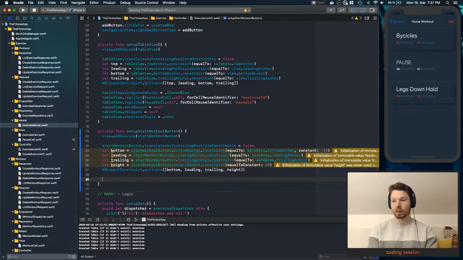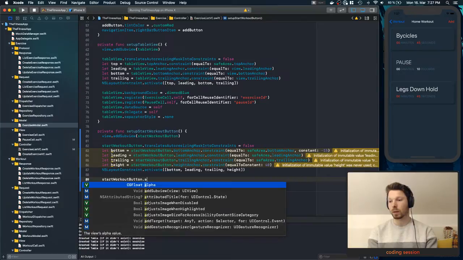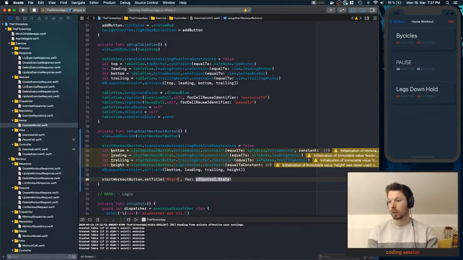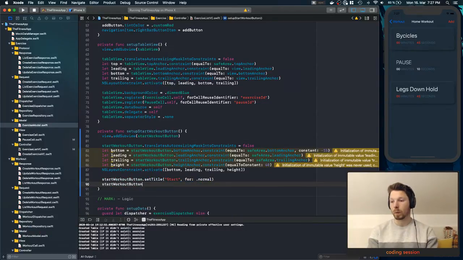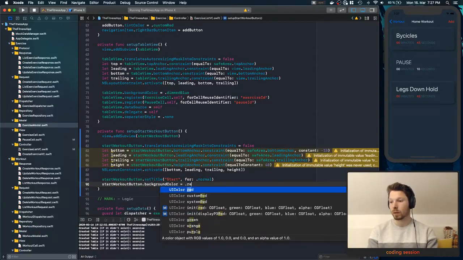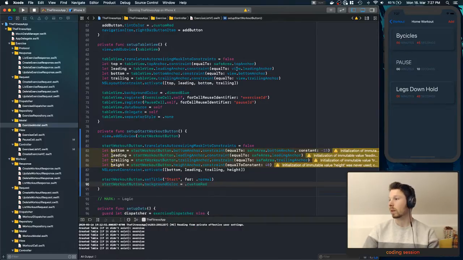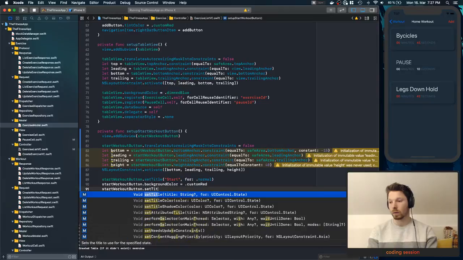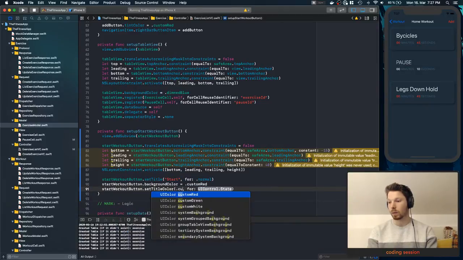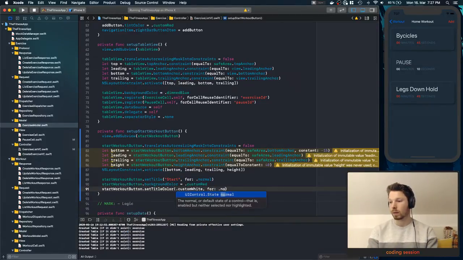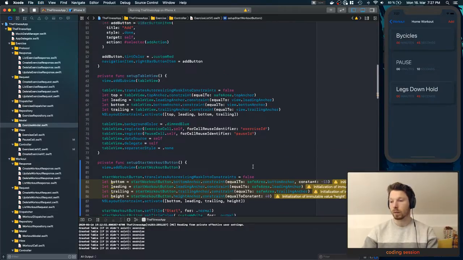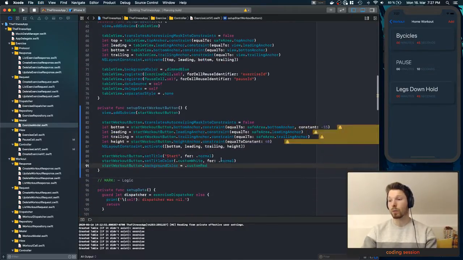We got this, and then we can say start workout button, set title, just start. But we want a background of red, but custom red. We want this kind of red. Oh yeah, and then the title color should be custom white, like so. I think when we run it,